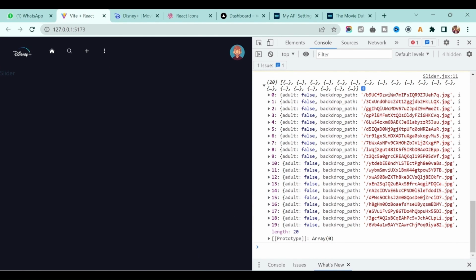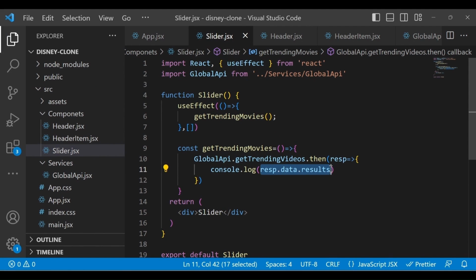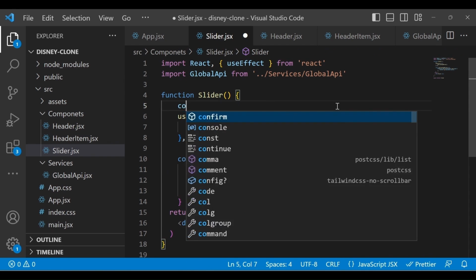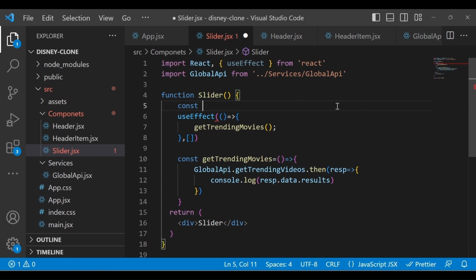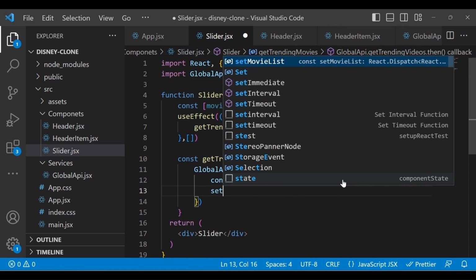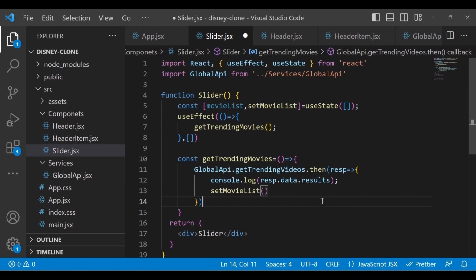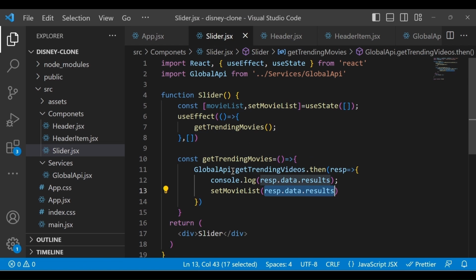Nothing else. In order to store this, we want to put it in some state. So define one variable with the help of useState. I will define movieList, and in order to set it, I will write setMovieList, and this is the useState. Right now we will pass the empty array, and now in order to set this movie list, just set it here, and whatever response data results we get, we will set it to the movie list. I will keep the rest as it is to refer to the field names. Now in our movie list we have all the movies which we fetched.